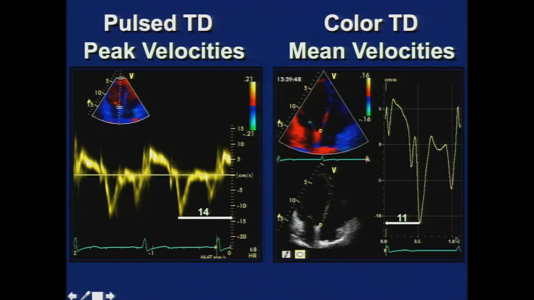And this may be important when looking at amplitude parameters, say, for example, using the E over E prime ratio when we talk about diastolic function in this course. You can imagine it's going to be very different whether you use pulse wave or color tissue Doppler. And in the diastolic function guidelines, for example, they're talking about pulse wave Doppler. So remember, pulse wave gives you peak velocities, color gives you mean velocities. The velocities will be higher in pulse wave than they will with a color Doppler. Whether we're talking about blood pool Doppler or Doppler of the myocardium, it's the same principle.